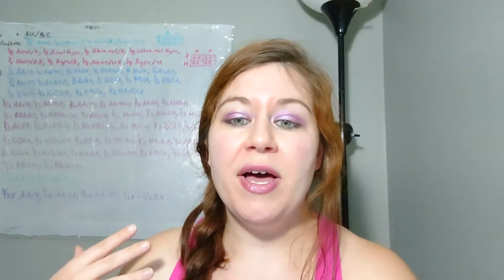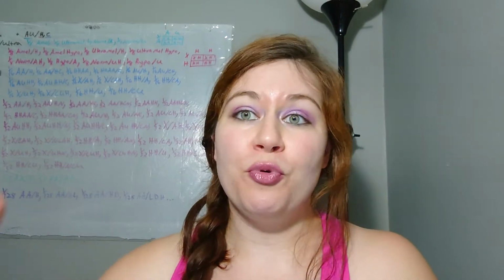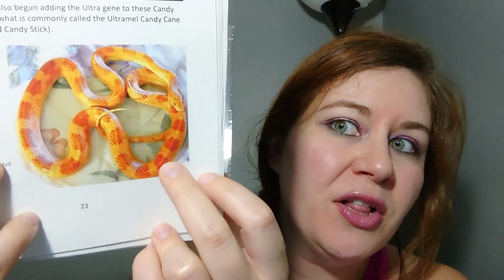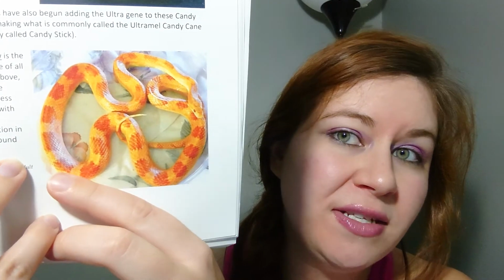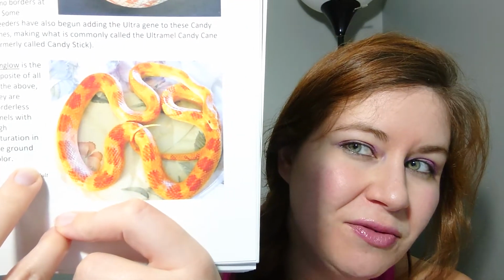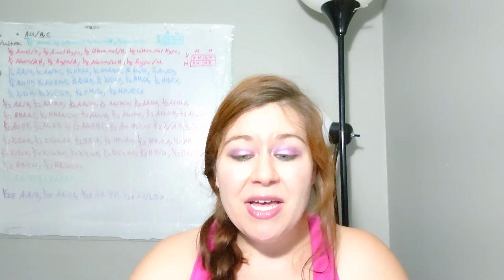However, in the updated version of my book, I'm going to add what the most commonly used form of sun glow is now, which is a very, very brightly colored amel. Now, I don't know if you noticed, but this amel here is not super brightly colored, not super red. Even though he doesn't have any white on the top of his body, he doesn't really shine, he's not super bright,